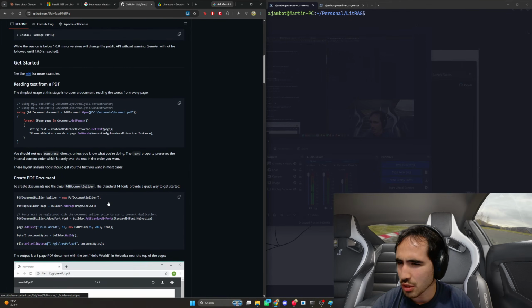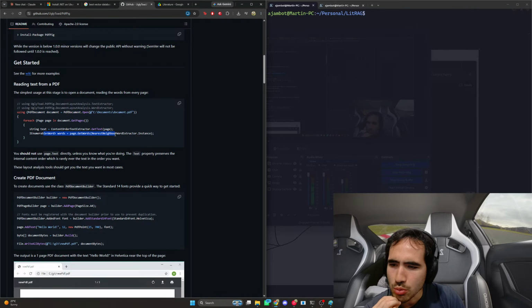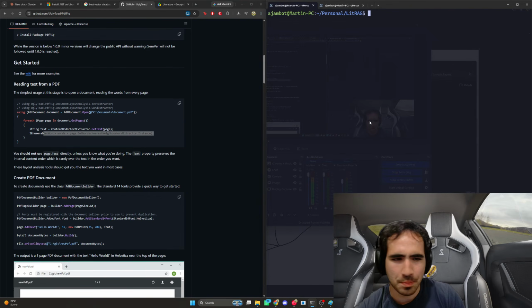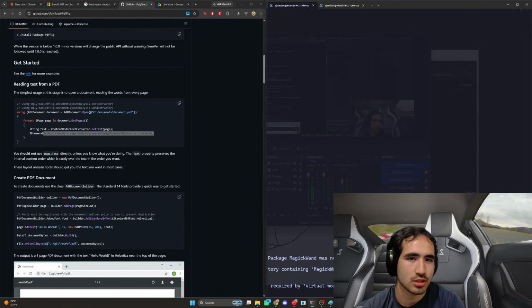Let's look up how to use PdfPig. Using PdfDocument.Open, for each page, page.Text, and then you put it in an enumerable. Okay. Easy enough.